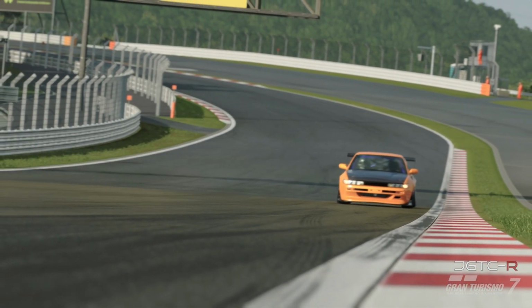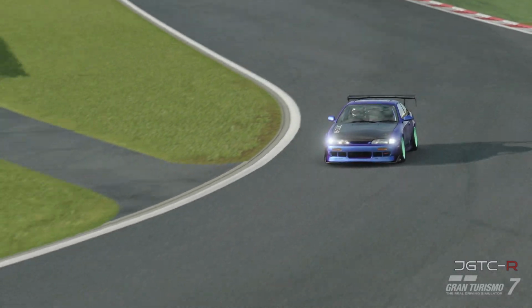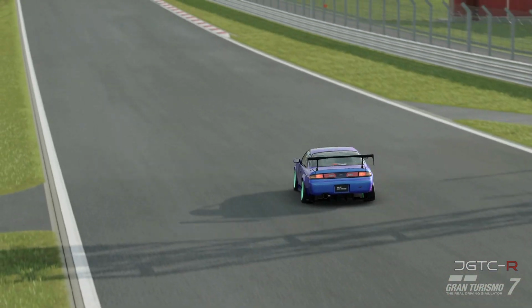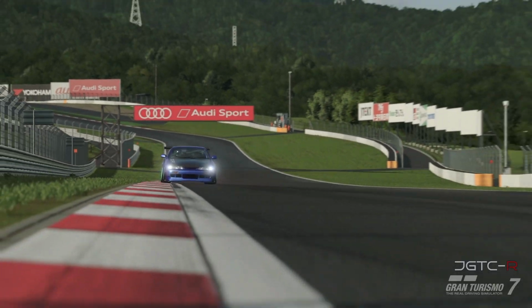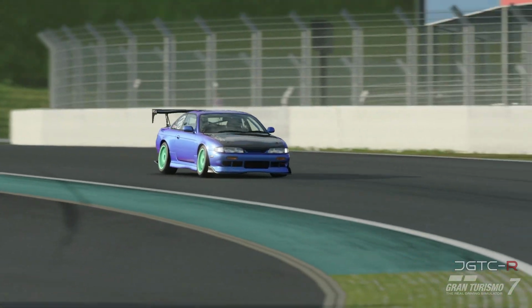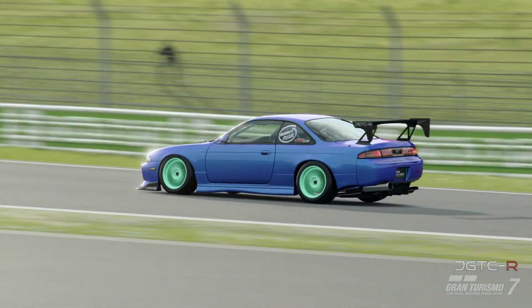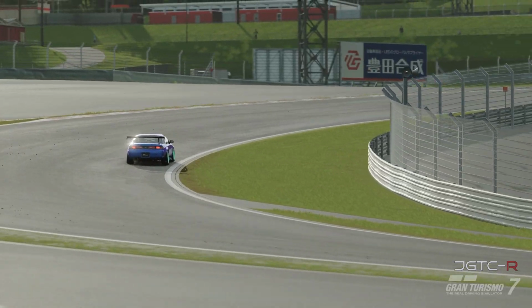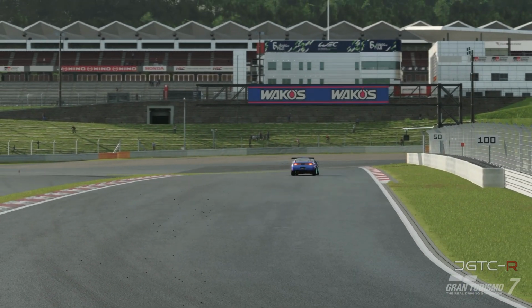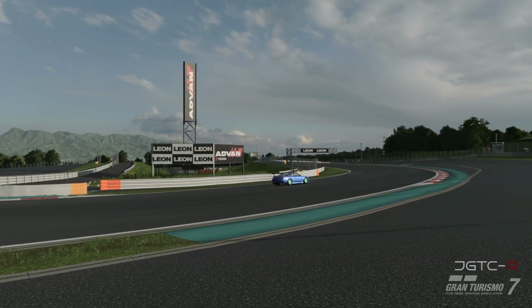And now the S14 Silvia. The S14 Silvia with the engine swap is reasonable, but it does have its quirks. The balance of the vehicle seems to have been thrown out quite a bit by the engine swap, and bringing it back isn't easy. The end result is that it's very stable when it has traction, but when it doesn't,